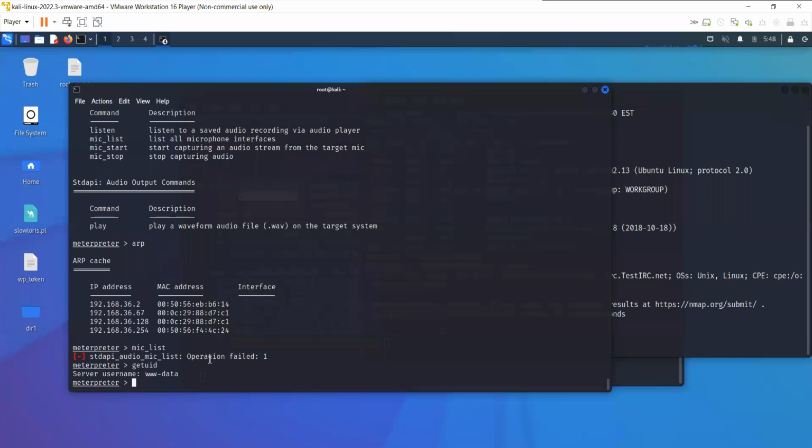Get the user ID. So you can see the username that I have is www-data, for instance, in this case, right? Okay, so you can do whatever you want with the Metasploit. You can shut down the system if you like. If you just write shutdown, it is going to shut down. I'm not going to do that because we are continuing with the lab. So I'm going to exit it